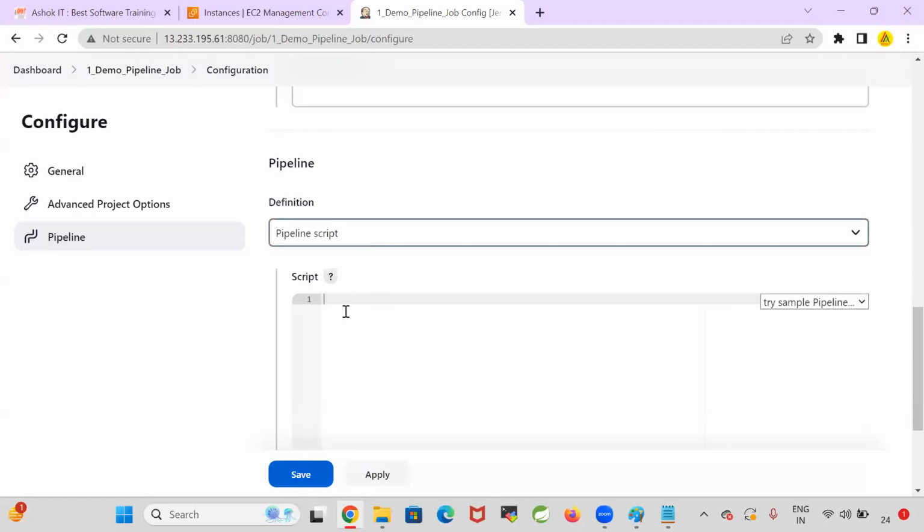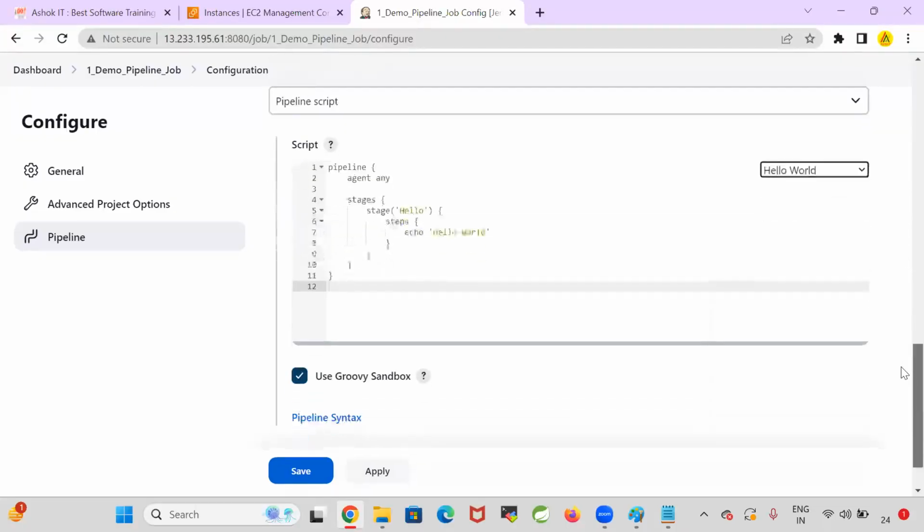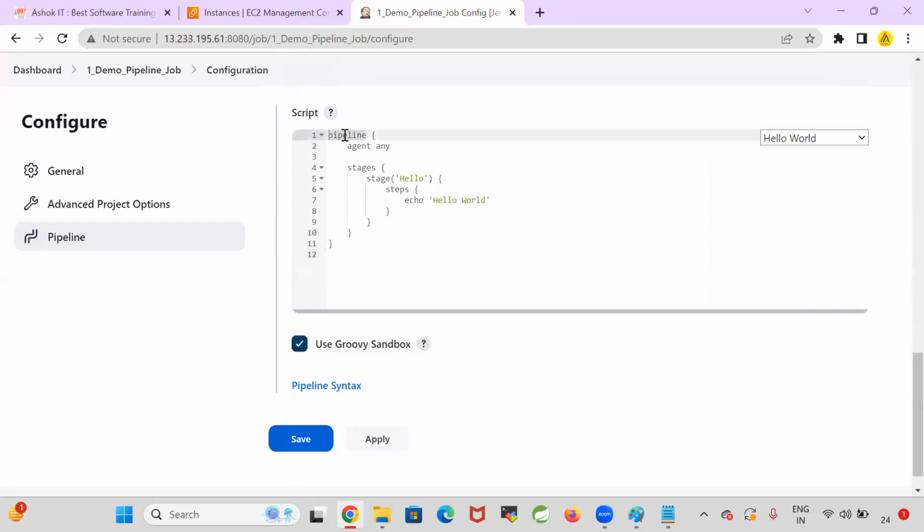Right? Pipeline script is available. Now try sample pipeline. Do you want to go for scripted pipeline, or do you want to go for hello world pipeline? I want to go for hello world pipeline. When I go for hello world pipeline, agent any. Agent any means,